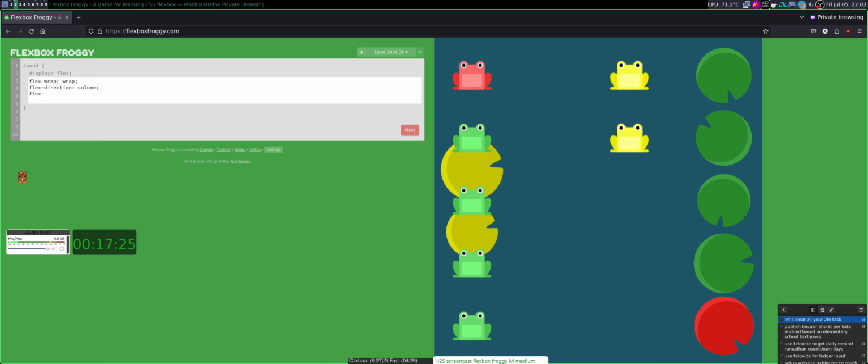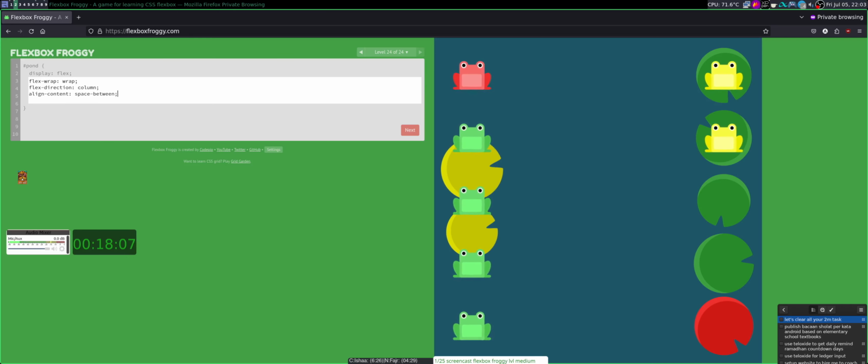Flag align content space between. I need to swap the left and the right, and because this is column, so wait, I don't want to trial and error, I want to understand and make it work.